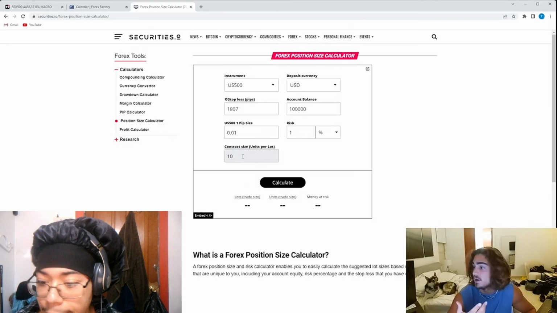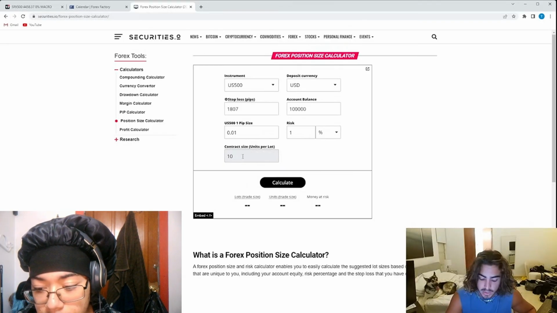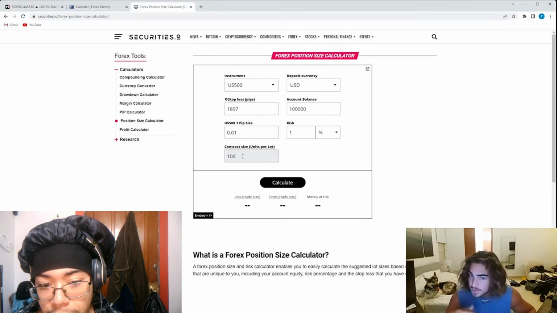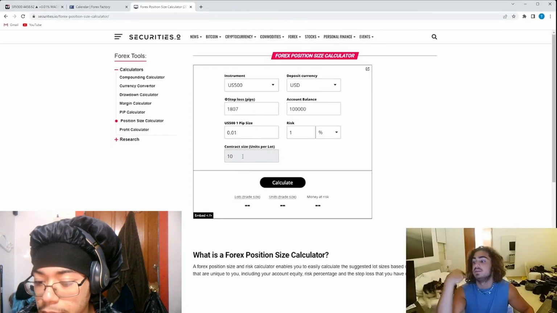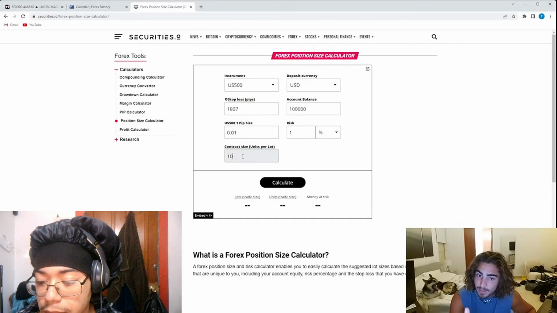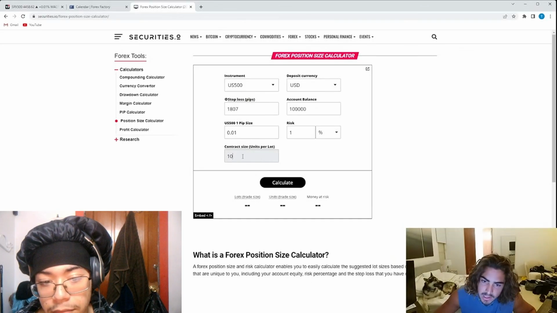If you have a different offshore brokerage, if you don't use Henko Trade, odds are yours is probably going to be 100. A lot of prop firms, their units per lot is going to be 10. So make sure whenever you open a new account with a different brokerage, with any different firm, you check this because this could really mess you up. Okay, so boom, 10 units per lot,